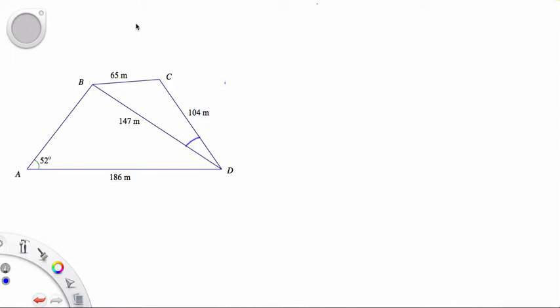Now next we look at question 5a part 2. The first one we have already found the answer to be 22.7. Now we are looking at angle ADB. This is the angle we are looking at. Same thing, we are either looking at using the sine rule or the cosine rule. For this case, using the sine rule,